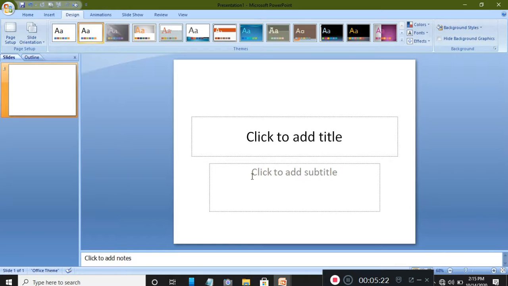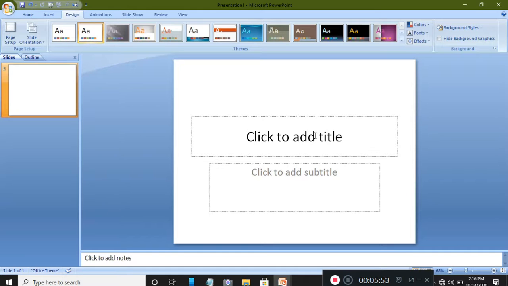And the second box, you can see, click the bottom box to add your name or any other subtitle that you choose. Once you have your text in the box, you can change the font, size, color, etc. with the toolbar options at the top. You can change the size of the text box by selecting it and dragging the corner of the box.